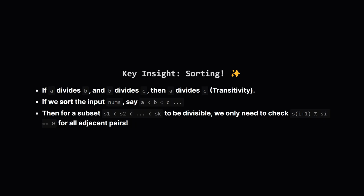Let's think about that divisibility rule again. a % b equals 0, or b % a equals 0. What if we sort the numbers first? Let's say we have a potential subset, and its elements are sorted: S1, S2, S3, ..., Sk. Now, for any pair Si and Sj where i is less than j, meaning Si is less than Sj, the condition Sj % Si equals 0 or Si % Sj equals 0 simplifies. Since Si is smaller than Sj, Si % Sj can never be 0 unless Si itself is 0, which isn't allowed here. They are positive. So, we only need to check if the larger number is divisible by the smaller number,